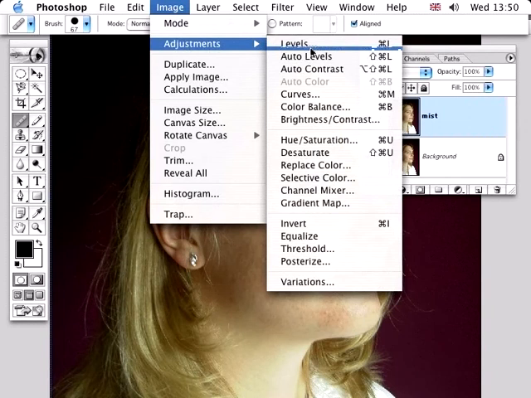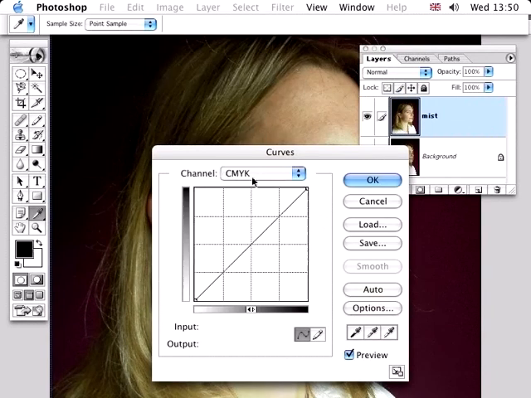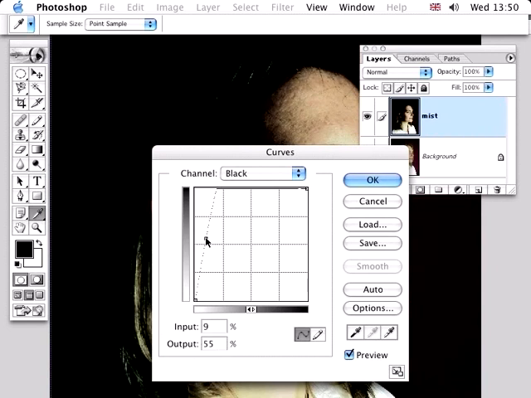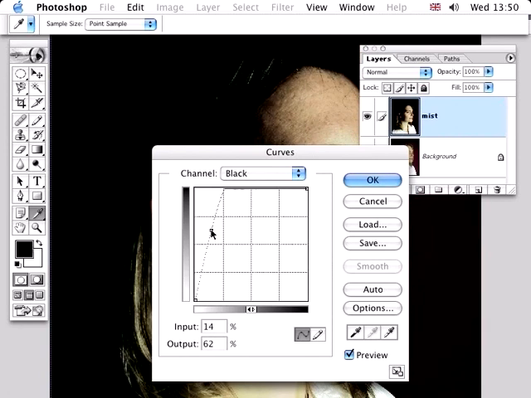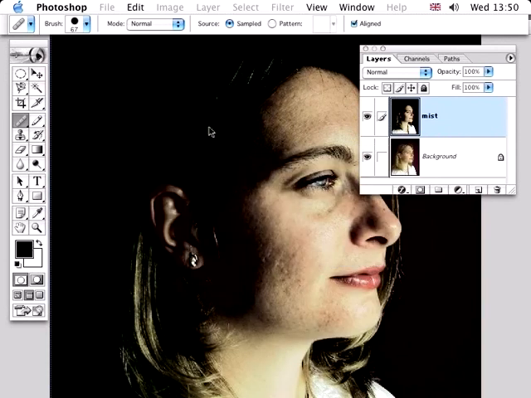So Image Adjustments, Curves again. Now this time we can find the black curve, and we can crush up the black curve right up to the top here. I'll just undo that and show you again. Just grab it from about here, down in the bottom, push it up so the output goes up to quite high. Click OK, and you can see all the dark areas now are being crushed down, and we've still got our lighter areas here. Let's go back to RGB now,